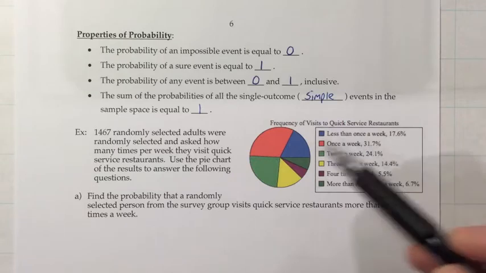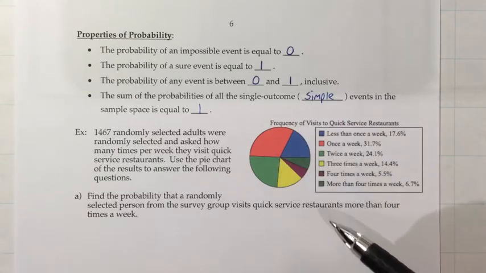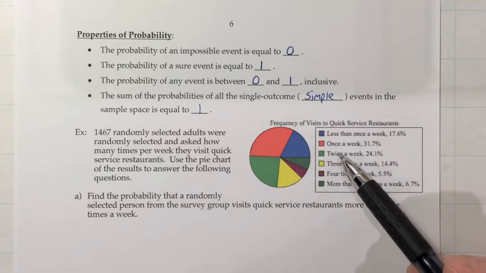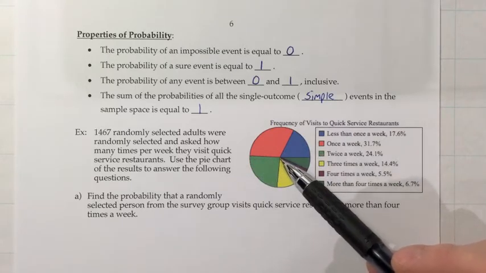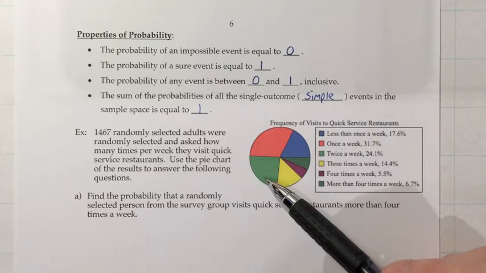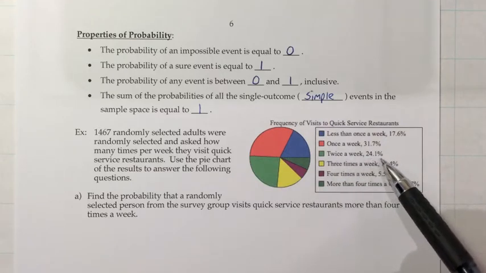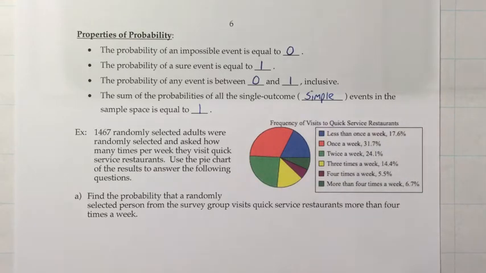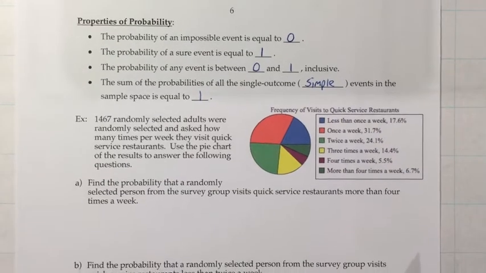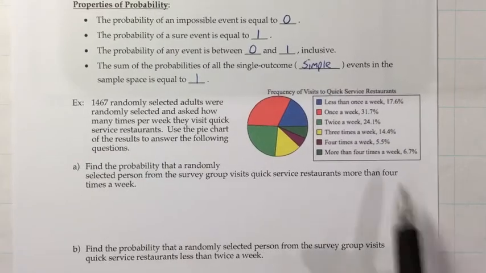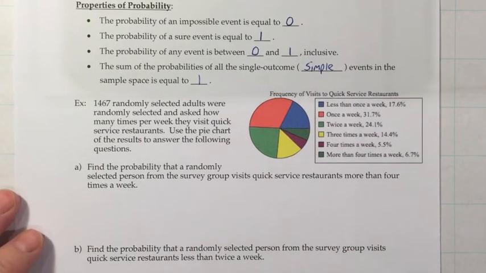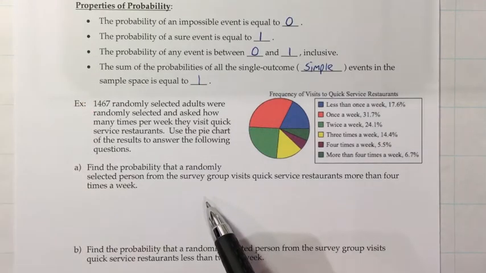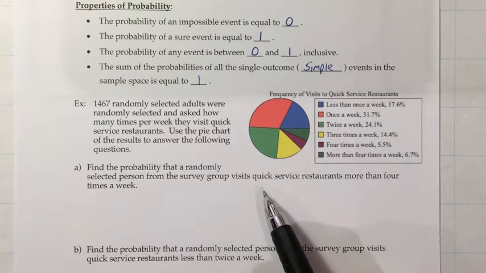But notice the biggest percentages are the biggest slices of the pie. So it looks like once a week is the biggest answer. And then this green wedge, which looks like a little bit less than a fourth, is the next biggest answer. And notice when we look that one up for twice a week, it is a little less than a fourth, or 25%. But you can just look at the numbers as we answer the questions. That's what we'll end up doing more than looking at the size of the pie wedges, but they should match up.